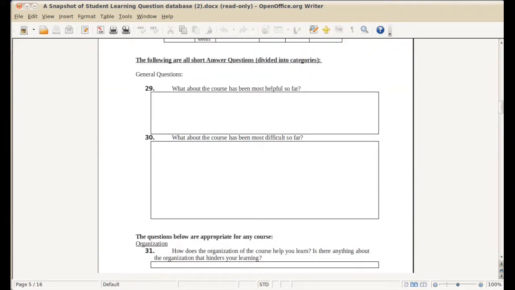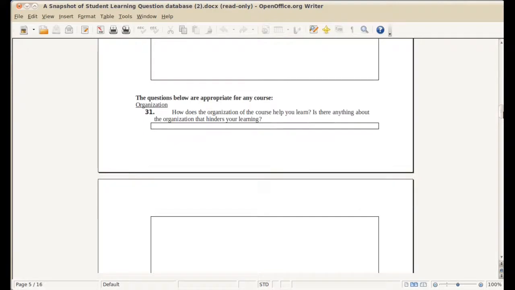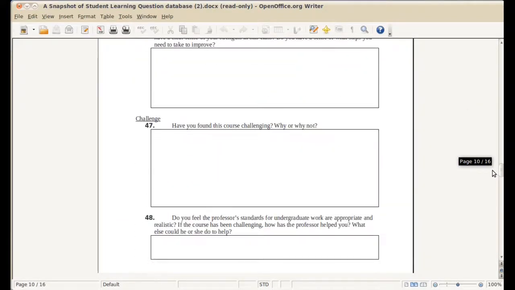You can add those to this and also get a sense of where the students are and how much progress they're making on those goals. Now, obviously, you would add in the ones that are relevant to you at the mid-semester point. On this sheet,